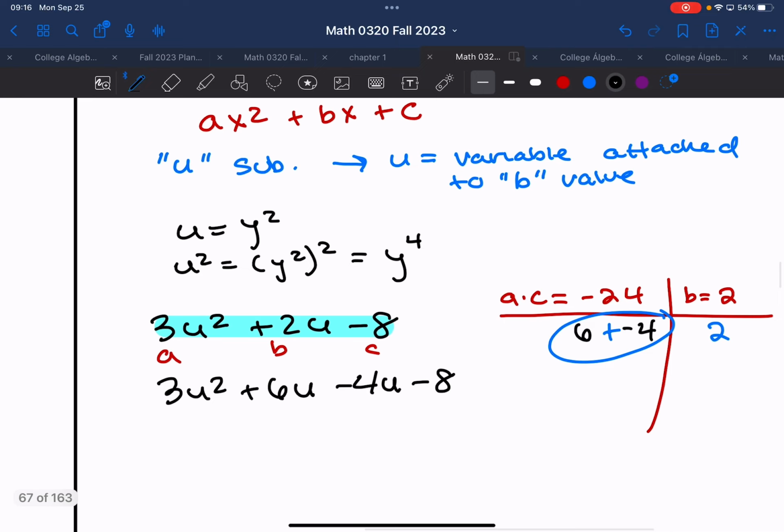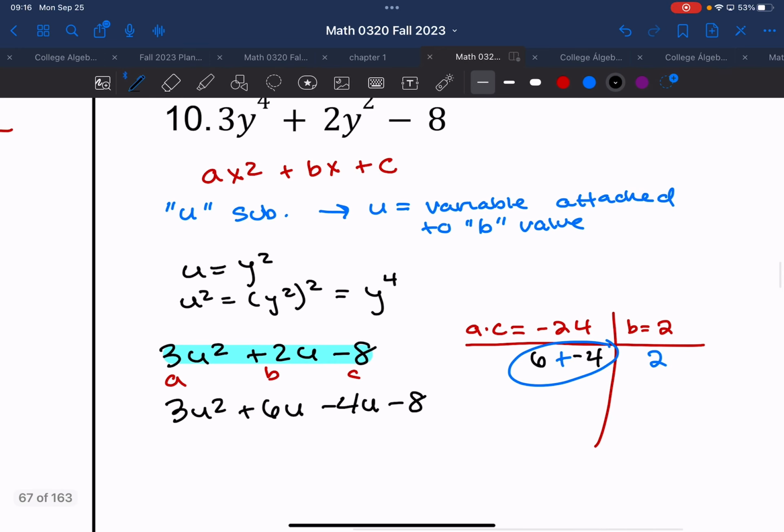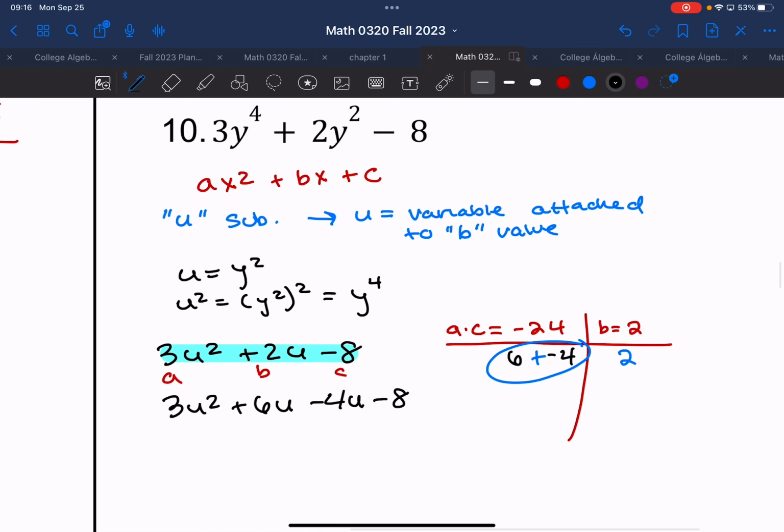For now, we're going to end up having the y back in our original problem. But if we were to try to solve number 10 as is, we don't have a method of factoring a y to the fourth and y squared, especially since our negative 8 at the end doesn't have a y squared to take out. Okay, so this is why we use U substitution. This is an advanced concept. I don't believe this is on test 2. This is just something to explore. Okay, so now that I have this,